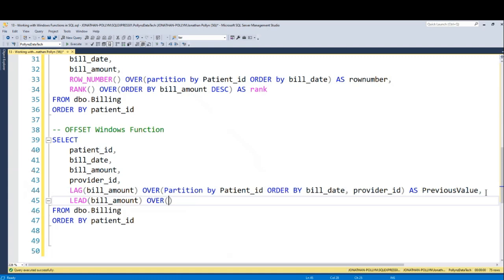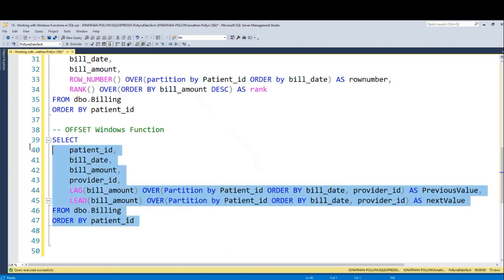I want to over and partition the same thing, so if I can borrow this rather than typing it and getting you bored, I can copy this and paste it here. And I can call this maybe next value. And if I run this now,